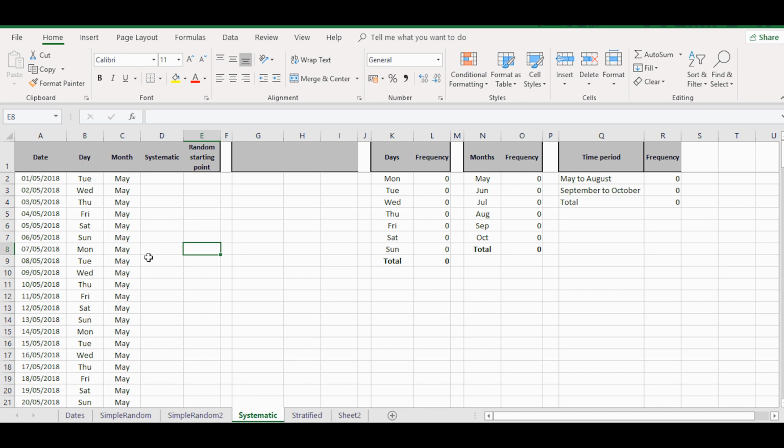Okay, so for this systematic sample, we're going to want to take a sample of 30. Well, if the population size is 184, we'll divide that by 30 to find the interval that we should be using, which is approximately 6. So I'm going to take every sixth piece of data all the way through until I've got a sample of